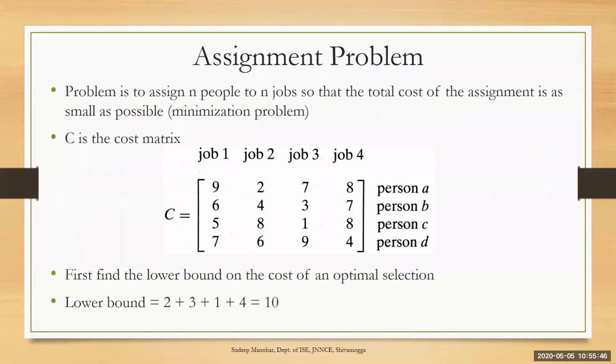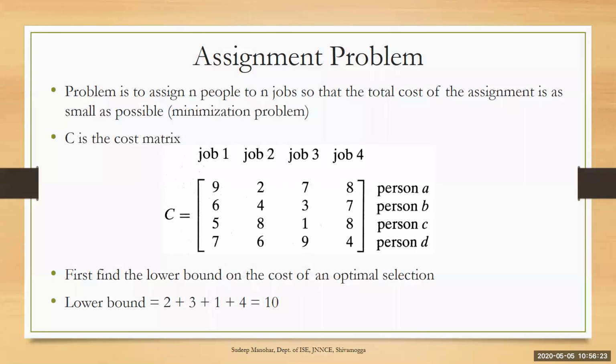Let us consider one problem, assignment problem. We have already seen this problem in dynamic programming. Where the jobs are assigned, where the jobs are processed within the given deadline. So that is one variant of the problem. So here, the another variant of the problem is here also the job assignment is done, but here deadlines are not given. Instead, the cost incurred for doing that job by a person is being considered.